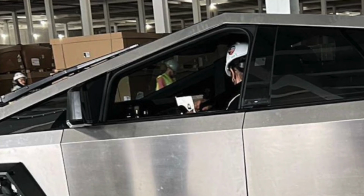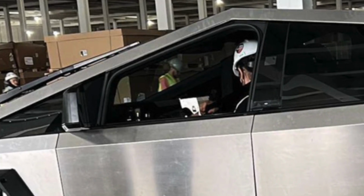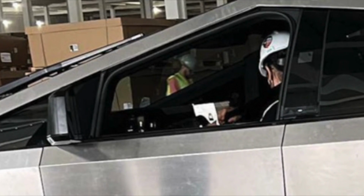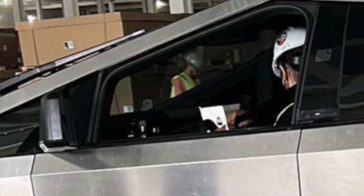So I'm personally predicting, because Elon said they're gonna start with the quad motor variant, that the price is gonna be close to $90,000, maybe even higher for the original insanely high performance Cybertruck. And if you're paying $90,000, Tesla adding that extra driver display probably isn't really going to be that complicated, and there's likely going to be lots of numbers and stats that Tesla will fill those screens with, given the Cybertruck is going to be used for towing a lot, not to mention he said it will have a crab mode feature where it can move diagonally,